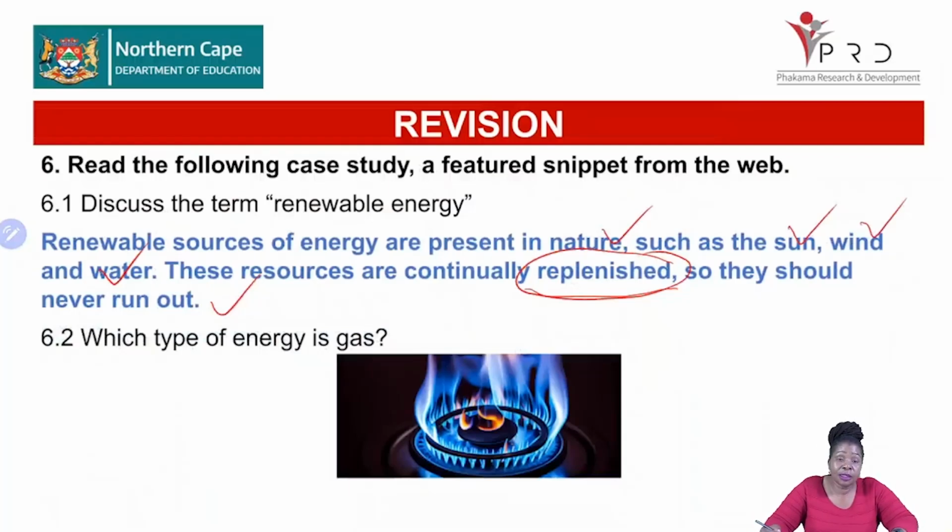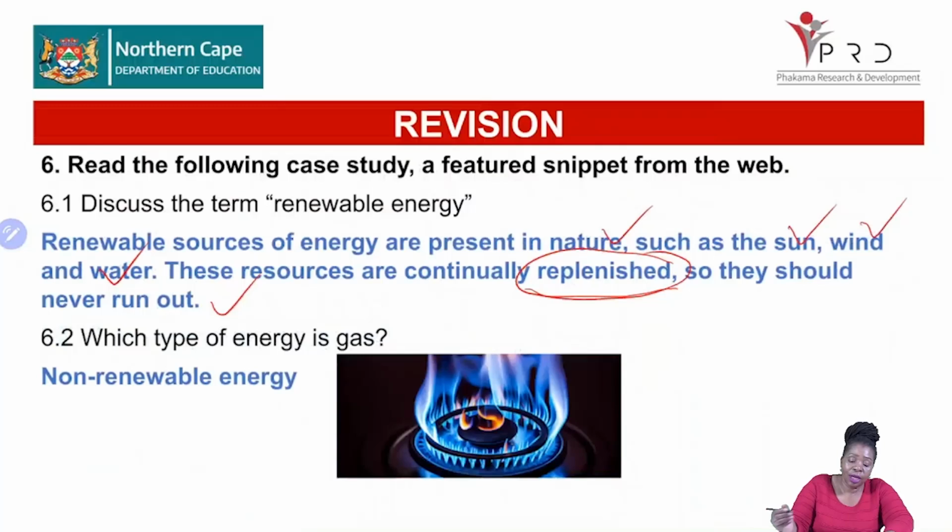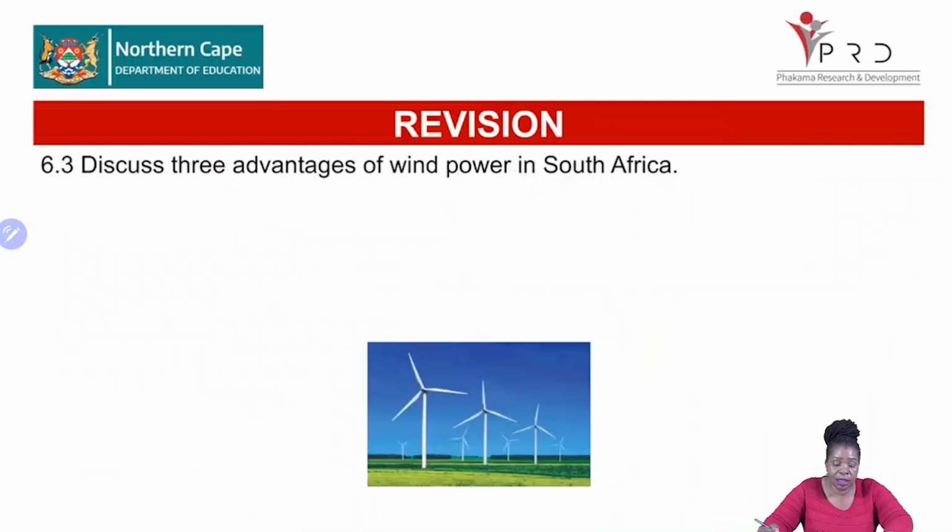And then 6.2 says which type of energy is gas. So gas is a non-renewable energy, right? We move on to the next question, which is 6.3, and it says, discuss 3 advantages of wind power in South Africa,